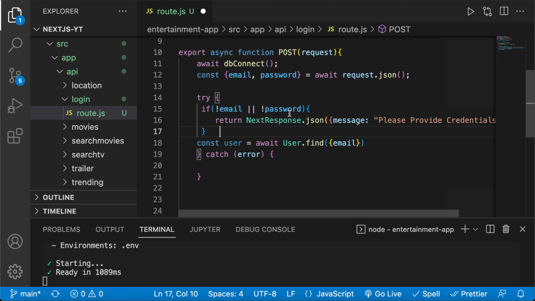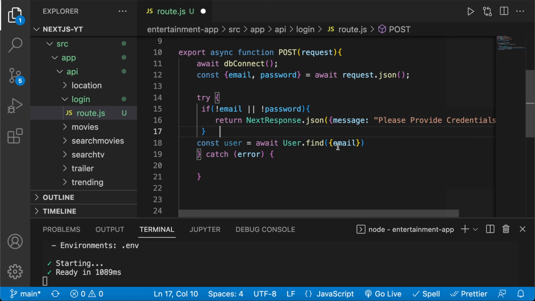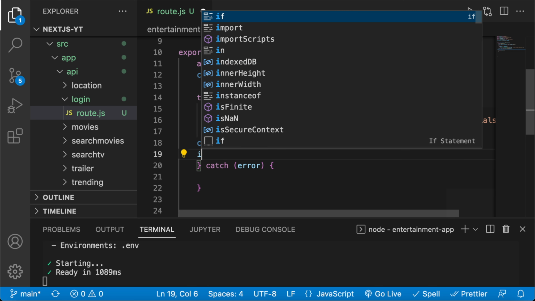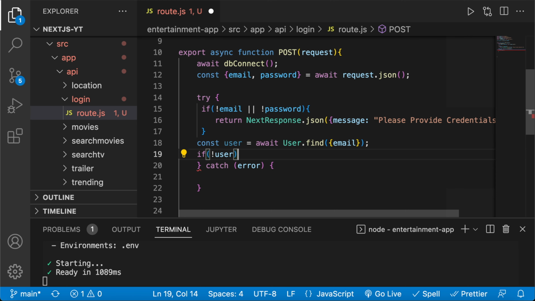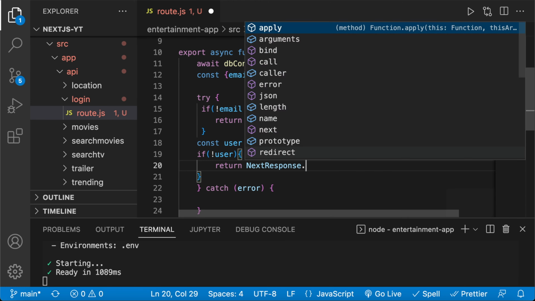Else, if you do provide an email and password, what we want to do first is make sure that we can find this email within our database. So we're going to say const user equals await User.find, invoking that user model, with the email. And now if we don't find the email, if we don't have that user, we want to return NextResponse.json again